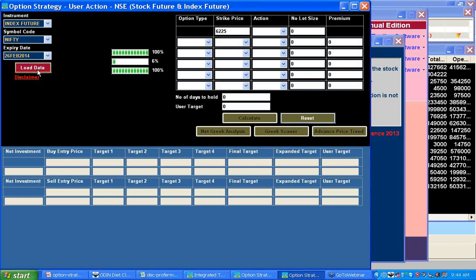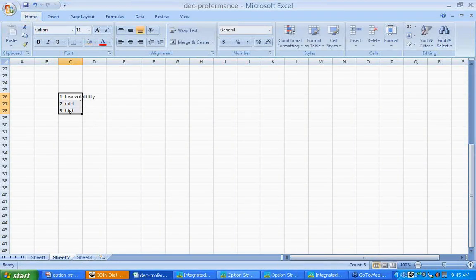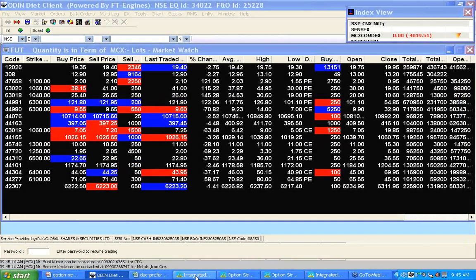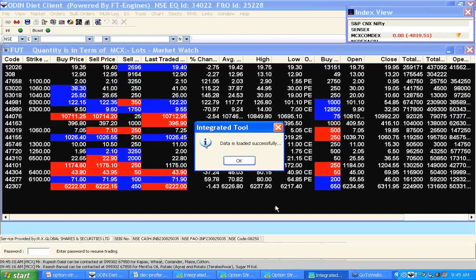So the February series option strategy I am going to form with the view that in one counter I will have multiple views. Multiple views means first I will give the view for low volatility, one strategy, and I will have a combined strategy if the volatility has grown up and goes to medium condition. If the volatility still goes to the higher volatility band, then how I can accommodate. So these three volatility conditions I am going to accommodate in my strategy. So multiple strategies I am going to form.